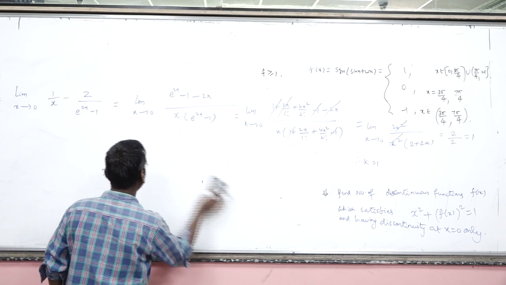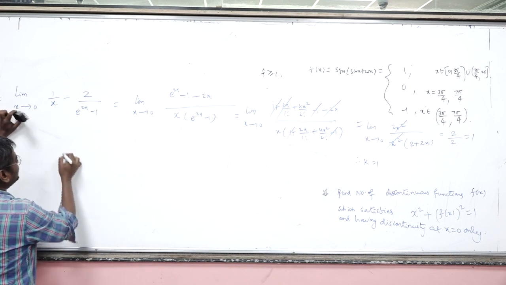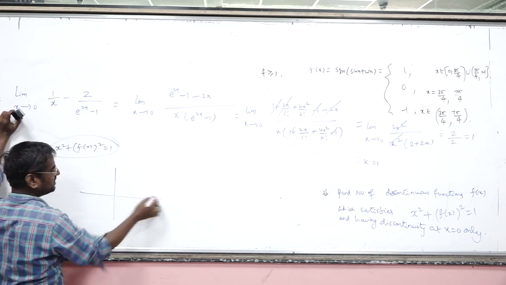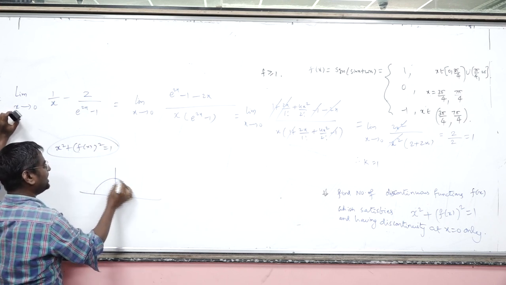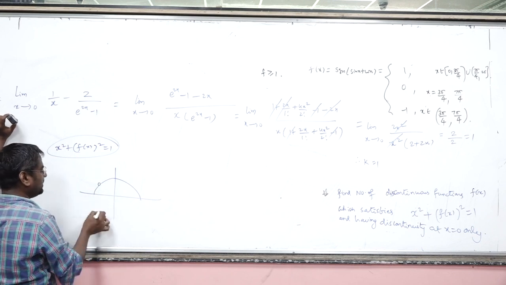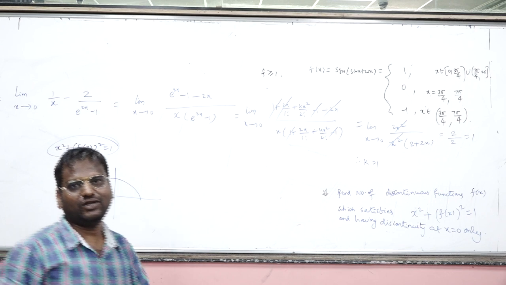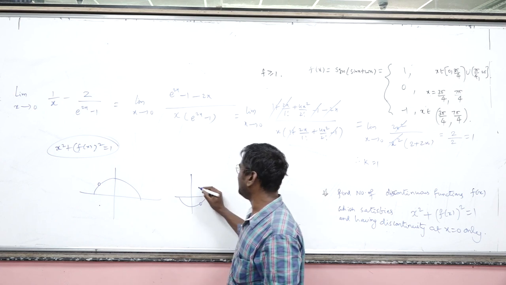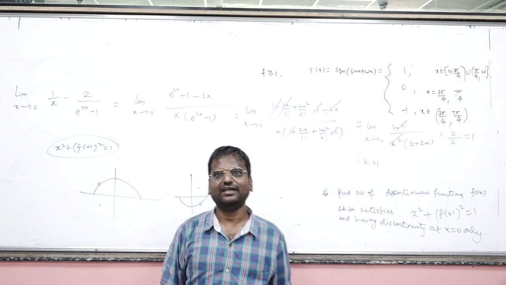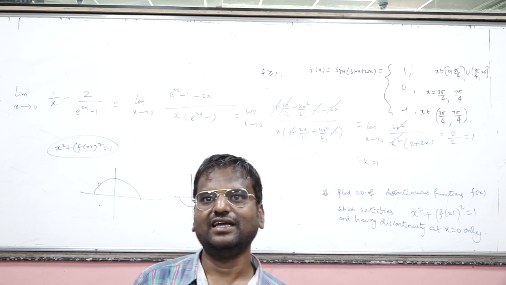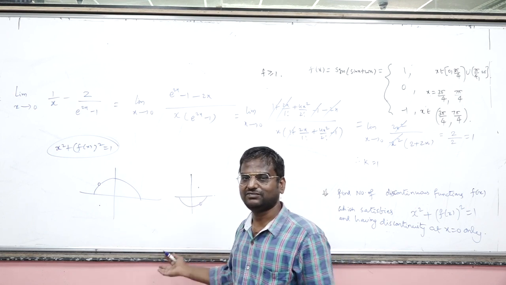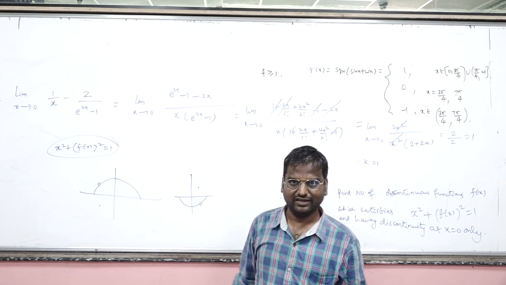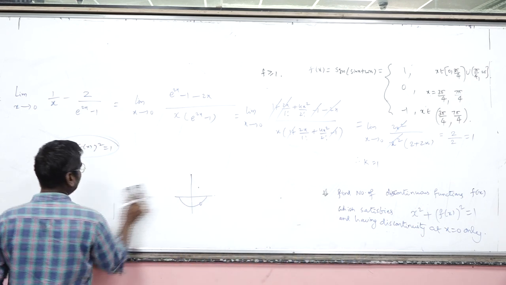So let us try to see how many such circle branches can be made as functions. What is the criteria? It should have discontinuity at x equal to 0 only. Why they said that: if you take this branch for example, to make a discontinuity here, you put a hole, and the corresponding value you take from the lower branch. Or similarly, you take this branch, you put a hole here, and the corresponding value you take in this branch. Likewise, you can create infinite functions satisfying this condition, having at least one discontinuity. But these discontinuities are not at x equal to 0, they are at some other point. But in the question they are asking, it has to be only at x equal to 0.